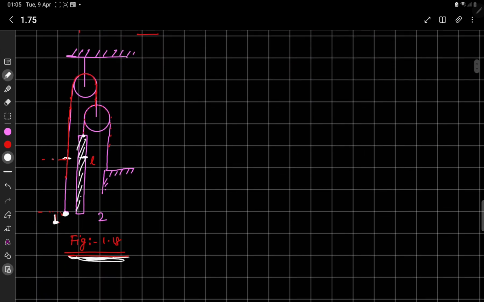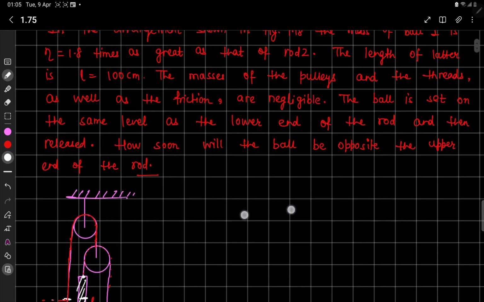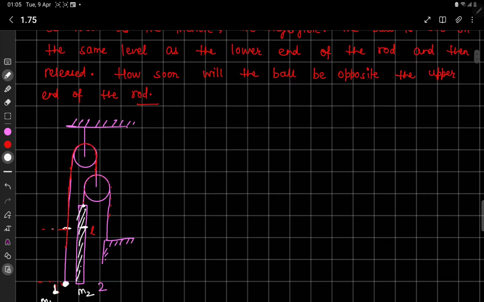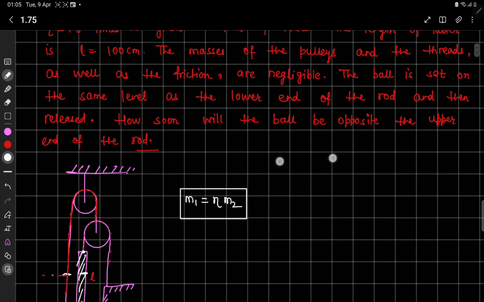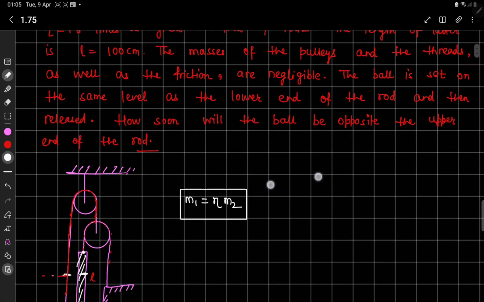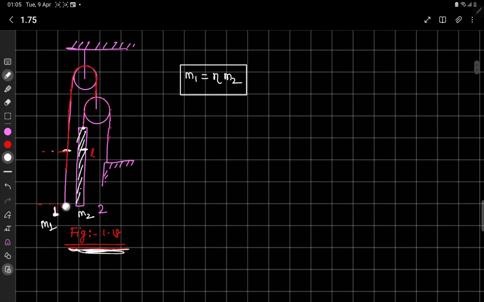we have a pulley and block system where the ball has mass m1 and the rod has mass m2. It is given that the mass of ball m1 is equal to eta times m2. The friction between the pulleys and the thread is negligible, and the lower end is actually aligned to